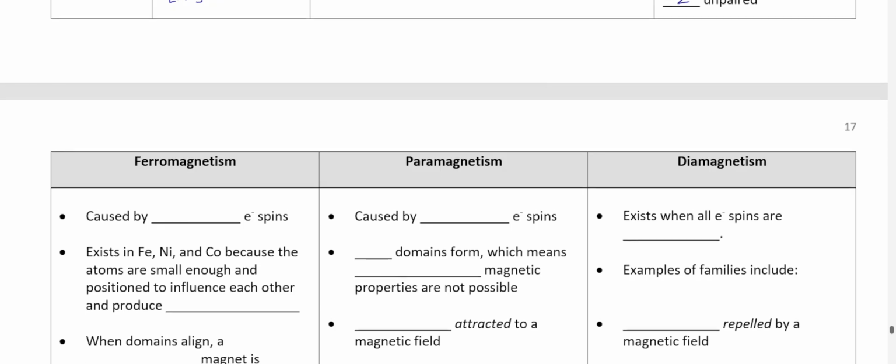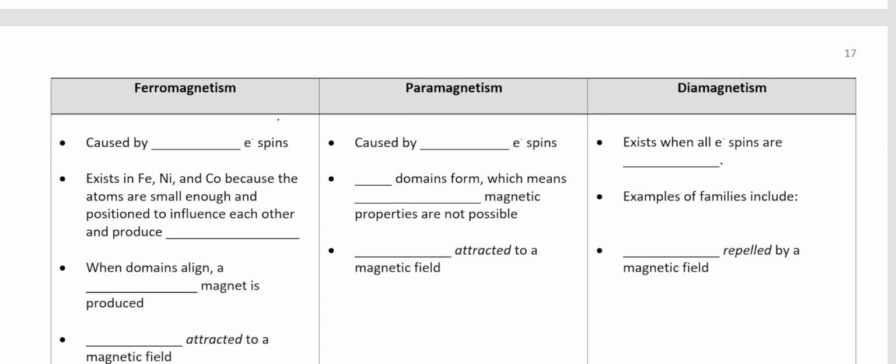So ferromagnetism is caused by unpaired electron spins. It exists in iron, nickel, and cobalt because the atoms are small enough and positioned to influence each other and produce domains. When domains align, a permanent magnet is produced,